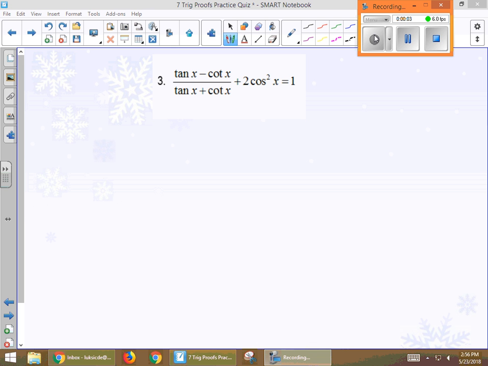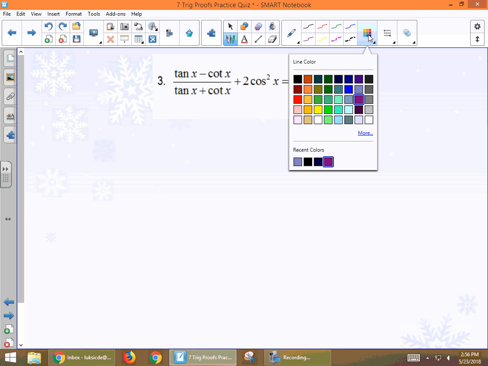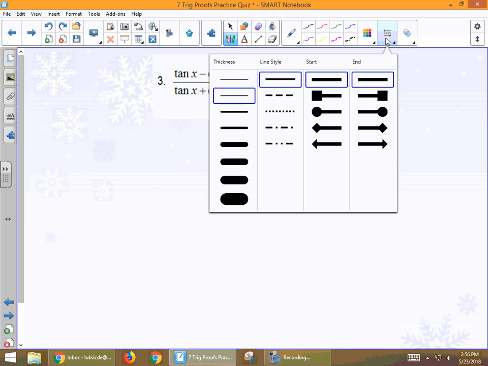Okay, this guy is a little bit of a mess. We've got a lot of tangents and cotangents here. Nothing cancels, so keep yourself from canceling anything in this proof. I'm going to work with a fraction first, the tan minus cotan over tan plus cotan. I'm going to work with that fraction first and get it as simple as possible before dealing with the plus